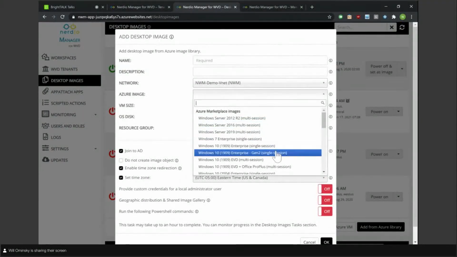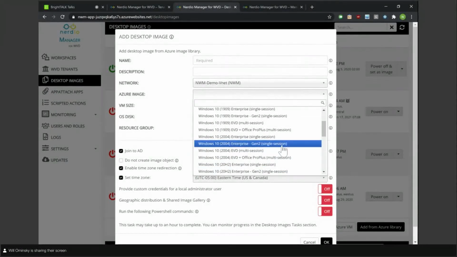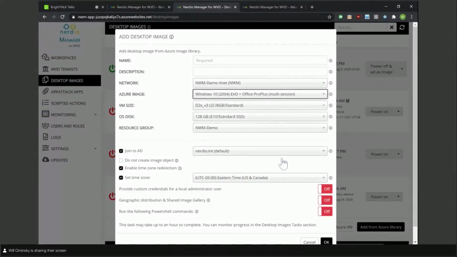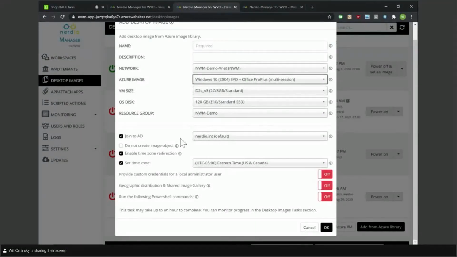There are a number of different images that give you your starting point. You can simply go through and choose whichever build you want. Maybe you want Office already installed on it. You have some other very easy basic things that you can configure in here. Give it a name and a brief description. You can choose what size or type of virtual machine you're going to deploy on, and the disk. You may have multiple resource groups, time zone, and there are a whole bunch of other things you can do. But you can see you don't necessarily need to be an Azure or WVD expert